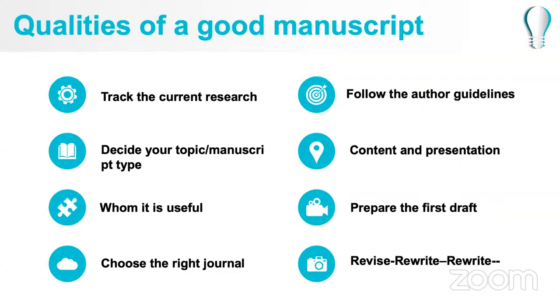So you should first track what current research is going on in your field. Then you decide what topic you would like to go for, and then you can choose a topic. As I said, in the pandemic period I was scanning so many articles and online databases. I simply wrote down 5 to 6 topics which were currently happening in that pandemic period. And actually I wrote 3 articles considering those situations.